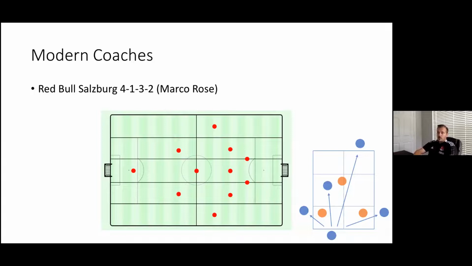Red Bull Salzburg under Marco Rose, who's the coach at Dortmund now, they were a lot more obviously center focused here. You see there's less balance in these zones to control counterattacks, but they focused on pressing, playing through the middle, combining, losing the ball potentially in the middle here, and pressing with all these players here, with the fullbacks recovering with speed. So they were a lot more focused on the combination and a lot of players in the center.